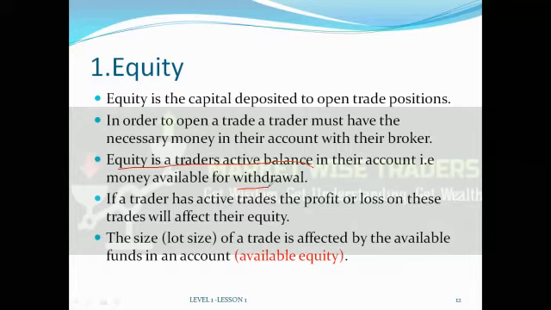You understand? Maybe if it's up in big profit, they'll allow a certain amount, but once trades are running, they'll not allow you. So if a trader has active trades, the profit or loss of these trades will affect the equity. That's what I've just explained. So if you've got $20 in your account, you put $20 equity, but you've got a trade which is running, which is at, say, -10 or so, they will not allow you to withdraw this 20. They might not even allow you to withdraw 5 because you've got an active trade.